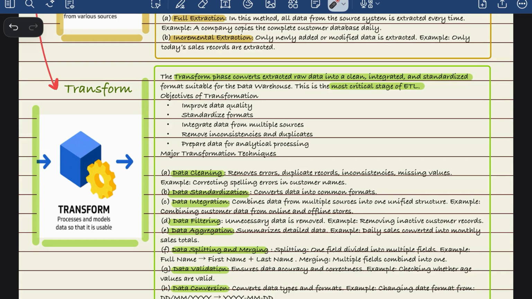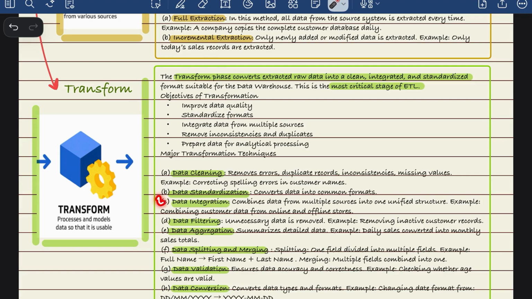So it is very important to do this so that our data is not producing inaccurate insights later on. Then we have data standardization. Like I told you, a few apps might have gender as M, the finance department might be using it as 0 or 1, and some might be using male and female. So there is no common format, and you need to standardize those things. This happens in the transformation phase where you are standardizing.